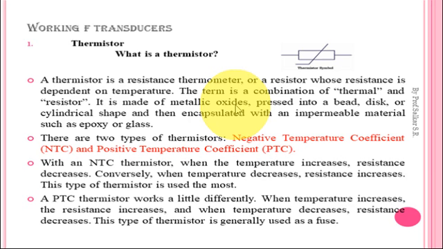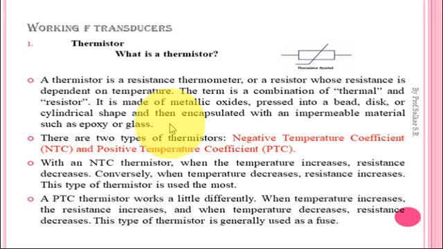How is it possible that the resistance of this thermistor changes with a change in the temperature? It is due to the fact that when the thermistor is constructed, the materials or the composition used to make the thermistor are of such materials which react to the changes in the temperature. While constructing the thermistor, we have to use such metallic oxides that will react to the changes in the temperature. When such materials are used, the thermistor automatically changes its resistance due to the change in the temperature.